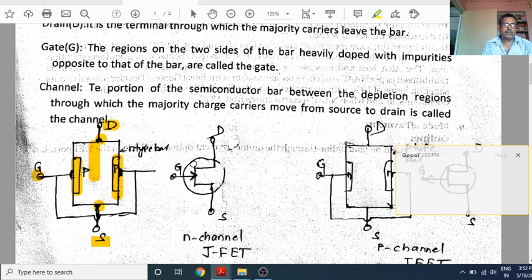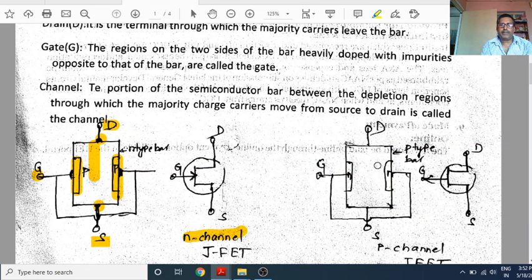Okay, and this is the symbol. Here N type bar, so it is N channel JFET. Here I have written N channel JFET, and opposite to here you can see this is P channel JFET.